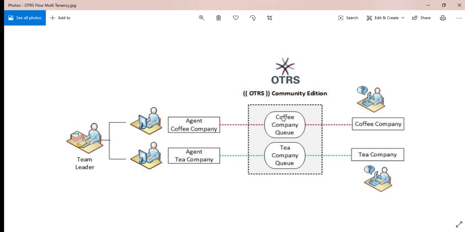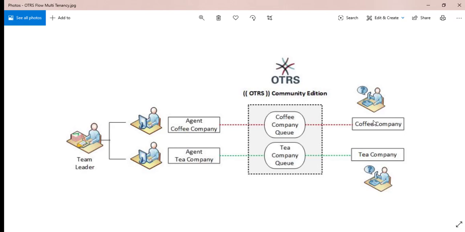Coffee company has an individual coffee company queue and a set of agents assigned to run the show. At the same time, tea company has a specific queue and a set of agents assigned to the tea company IT teams. And the team leader is responsible for all the tickets and the escalation matrix for the customer.